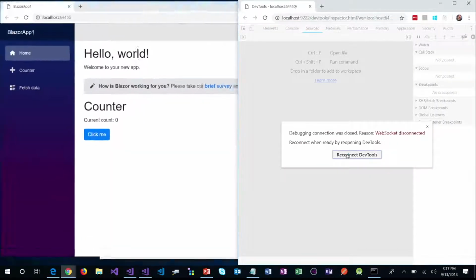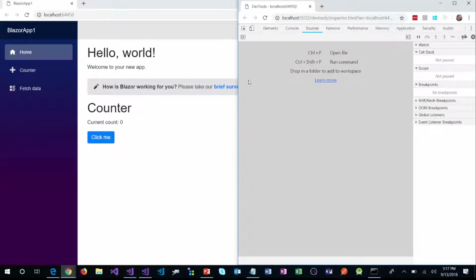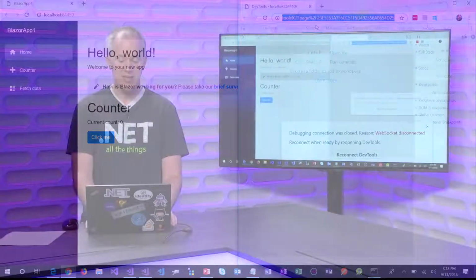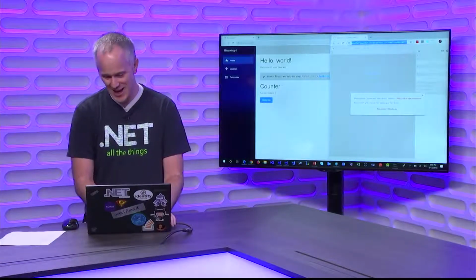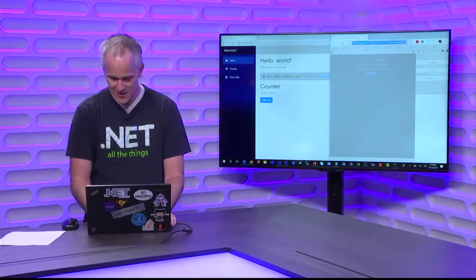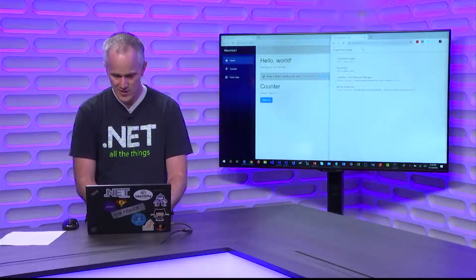Oh no, so we got this reconnect bug again. Is it going to work? Okay, hold on a second. Let's see if we can fix this. Now, the debugging support for this setup is admittedly pretty flaky right now. Right now, it's mostly proof of concept to show that it can be made to work, but there be edges. Let me see if I can just get this to clear out by going into the